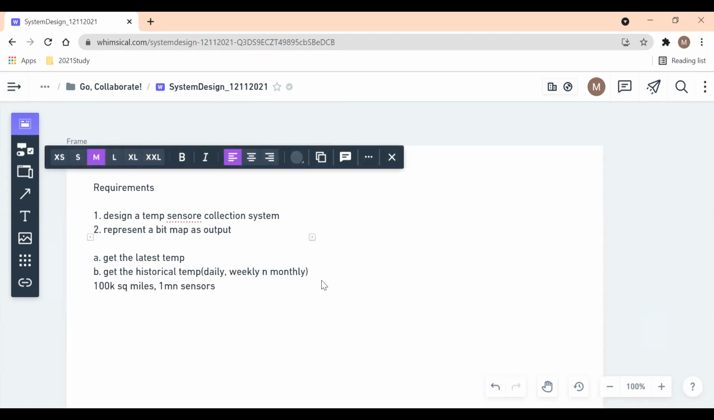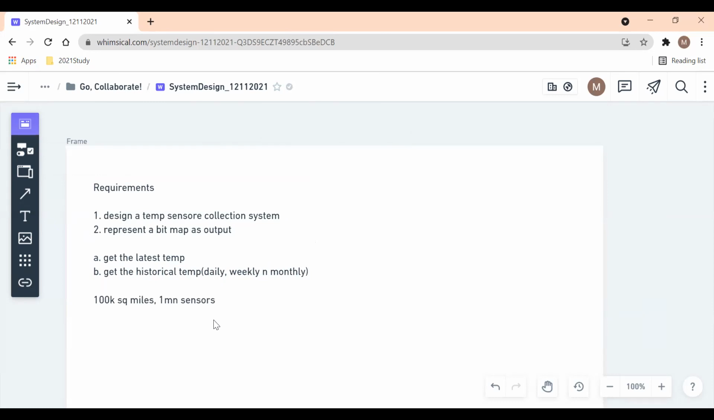So just to confirm again, this is just for Washington, right? It is not that we are creating something global. Yes, good. Let's focus on Washington State. And then who will be the consumers of this data? Like, when we show a bitmap or a heat map of this temperature, who all are going to view